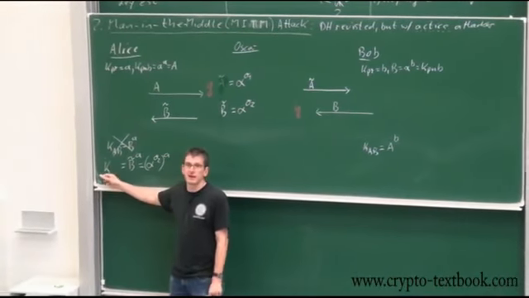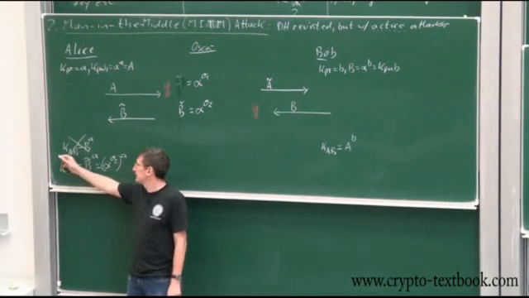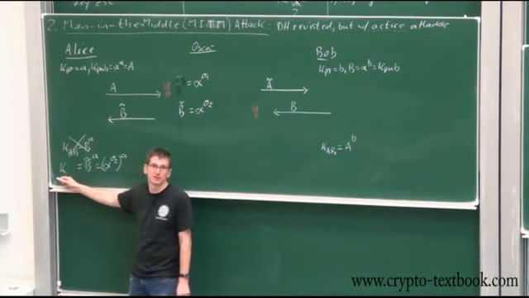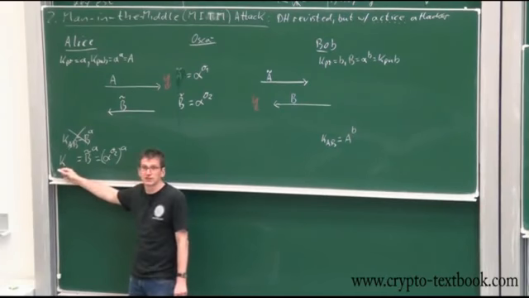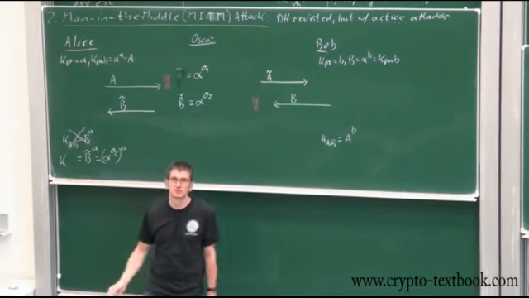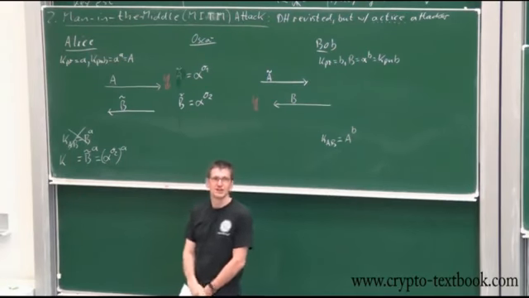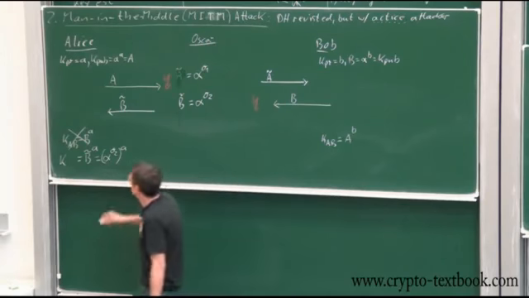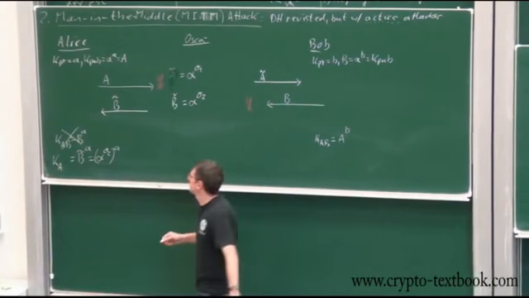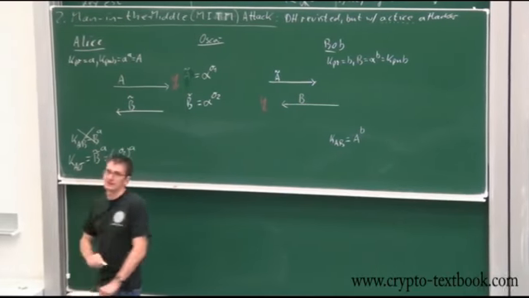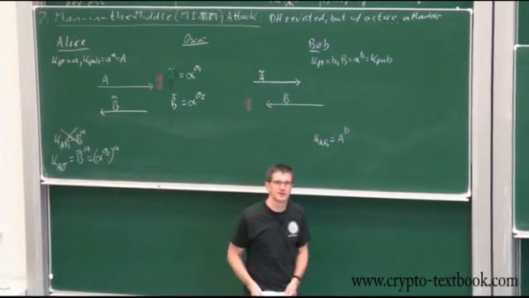But what would be a better name for this? Before we call it KAB, key between Alice and Bob, what would be a better name at this point? Which letter should I use here? Any ideas? Alice, right? And who's the other person? Yeah, absolutely. So this is a session key between Alice and Oscar,